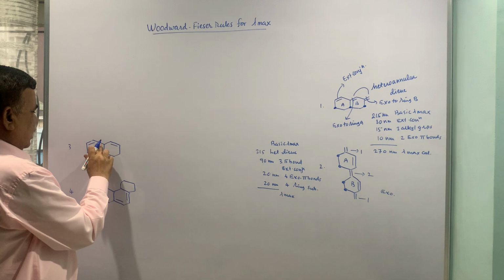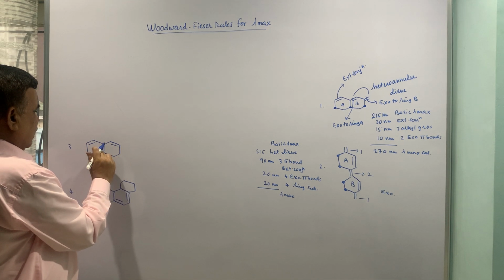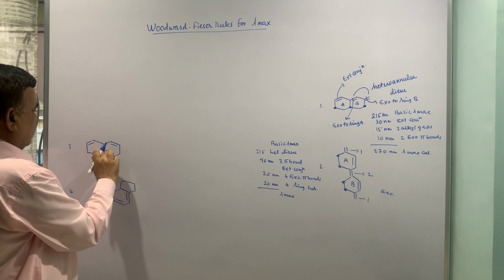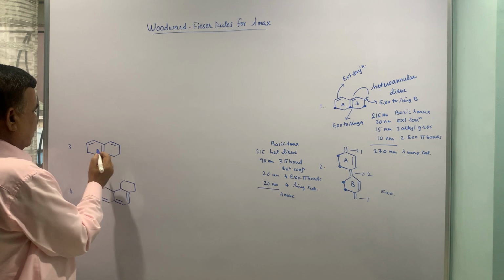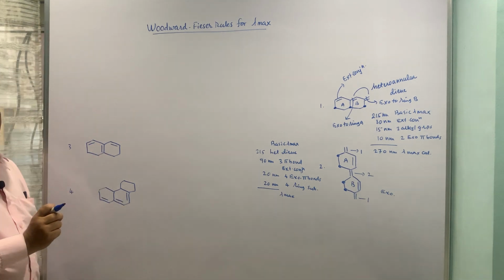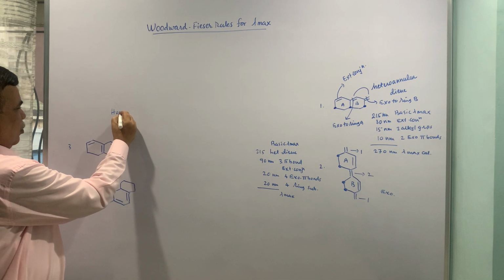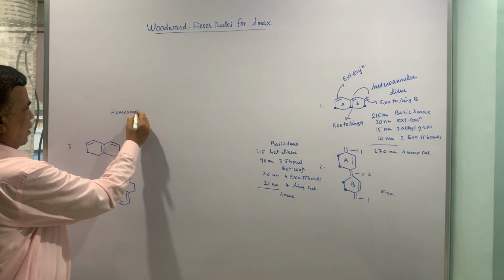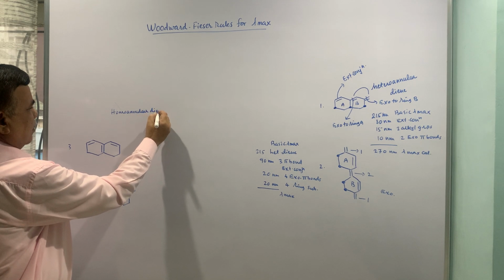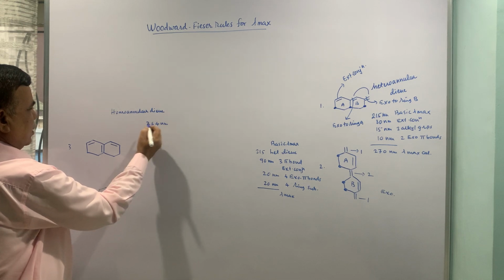Now see, this double bond I can draw it here also, there is no problem because the meaning is same. So let it be here. So these 2 double bonds are part of the same ring system. So this becomes a homoannular diene. Homoannular diene. So basic lambda max is 254 nanometers. Okay.